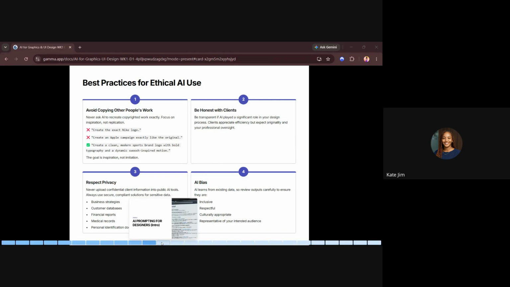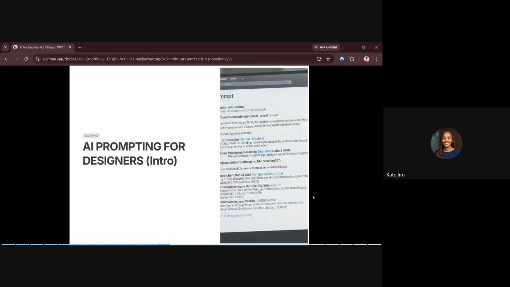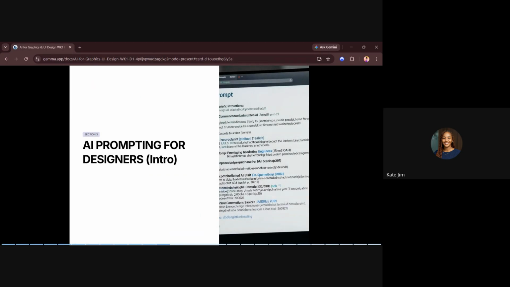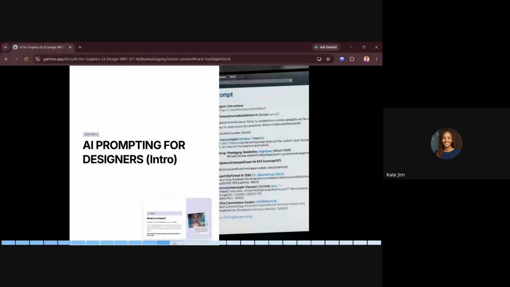The next one is the main thing now: AI prompting. You see this image I haven't created. I left it here on purpose. You cannot read what is there, but the whole idea is for you to understand that it's a prompt. AI prompting for designers. How do you talk to AI in the way that makes you get what you want? That's what we're going to dive into now.